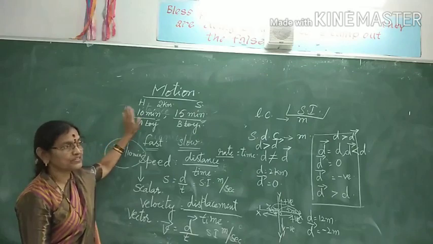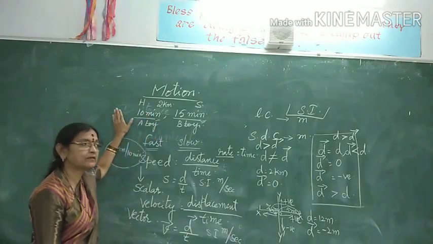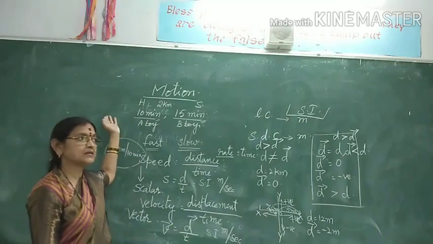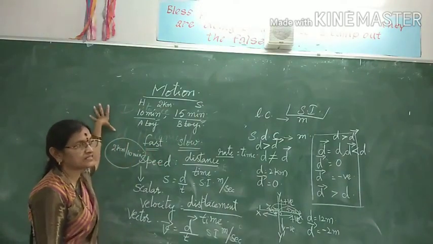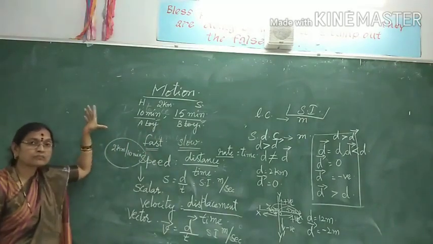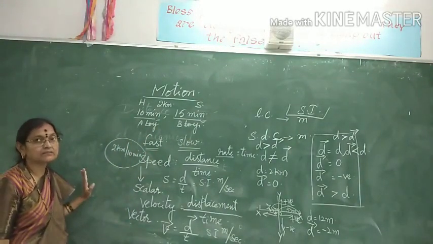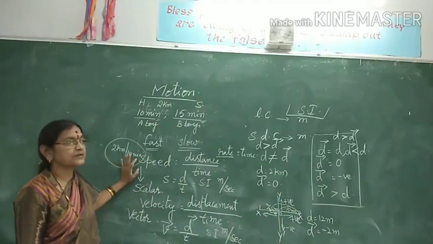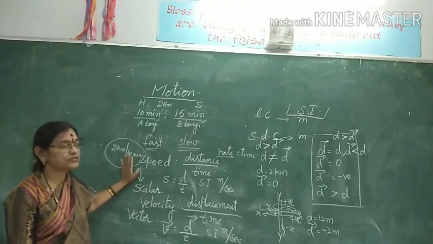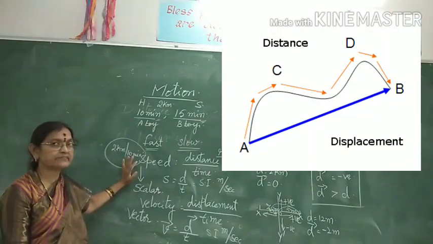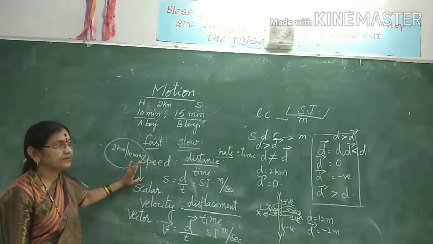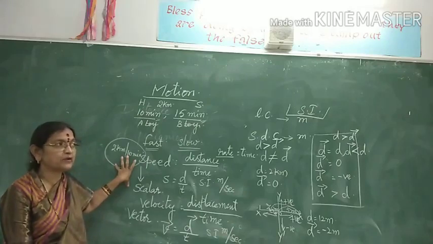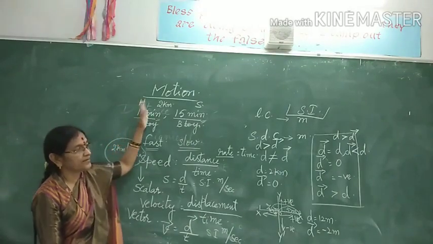These physical quantities, how can you classify them based on two things? What are those two? Measurement. Based on measurement, we have classified them into independent and dependent quantities, whereas based on description, we have classified them into scalar and vector. We have seen so many examples, and we have studied the SI units of speed, velocity, distance covered, displacement, and the differences between distance covered and displacement, and also that motion and rest are relative terms.